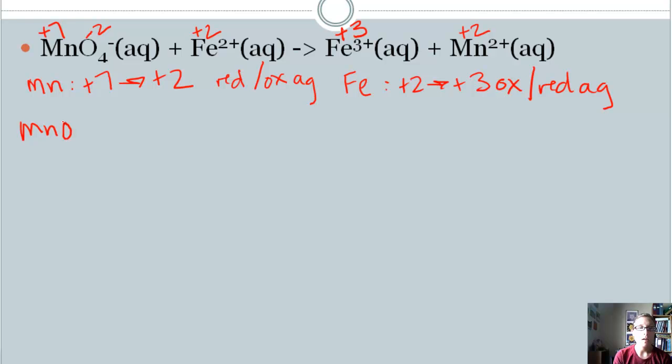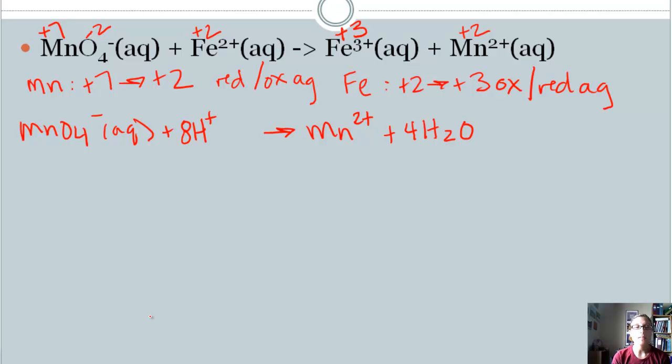So we have MnO4-. I'm going to leave a little space in case we need to add anything. And then we're going to Mn2+. So I'm splitting up my 2 reactions. Let's do this one first, then we'll go to the iron or the oxidation part. Okay, first thing we need to do is balance everything except oxygen and hydrogen. I have 1 manganese, I am all set. Then I need to balance oxygen using water. Well, here I have 4, and so what that means is on this side I want to add 4 waters. So I also just added some hydrogens. Balance hydrogen, I need to add the H+ ion. I have 8 hydrogens, so I'm going to add 8